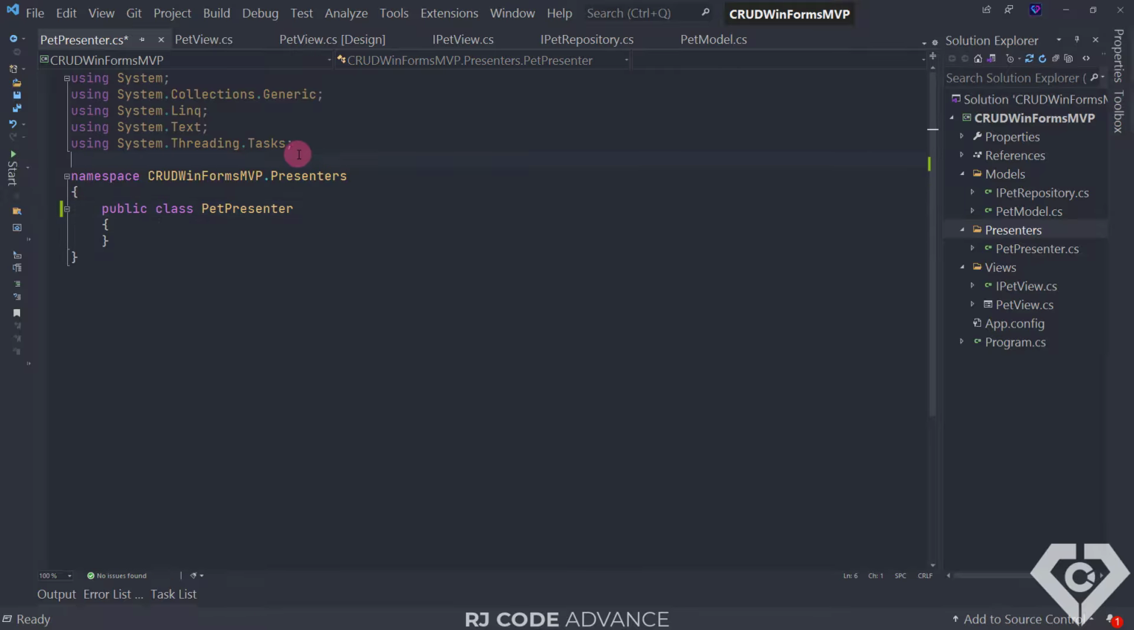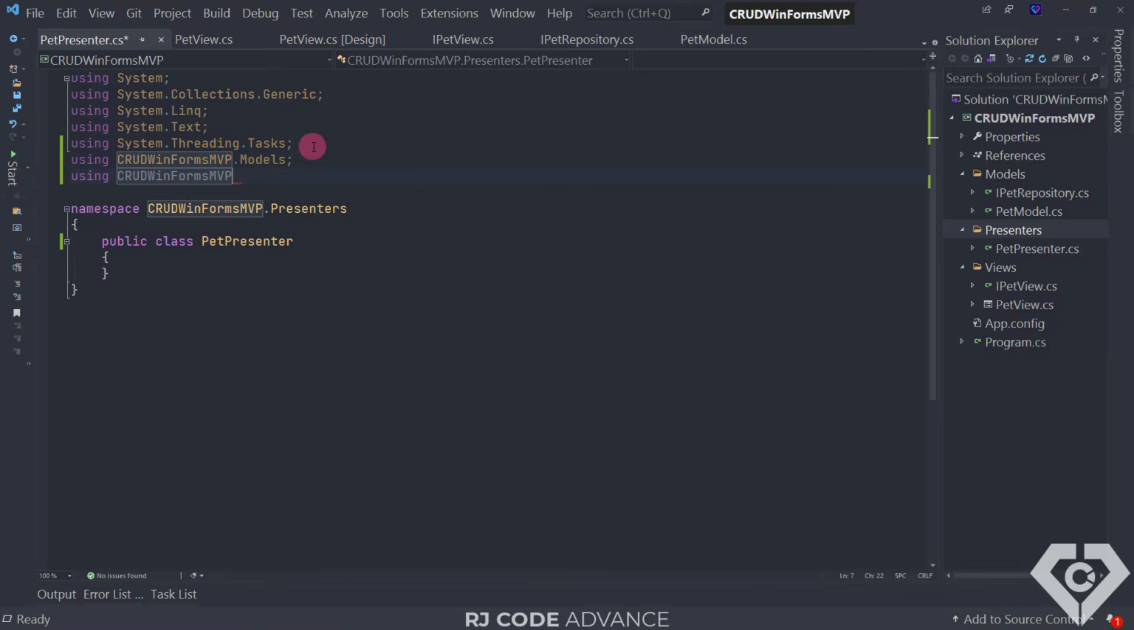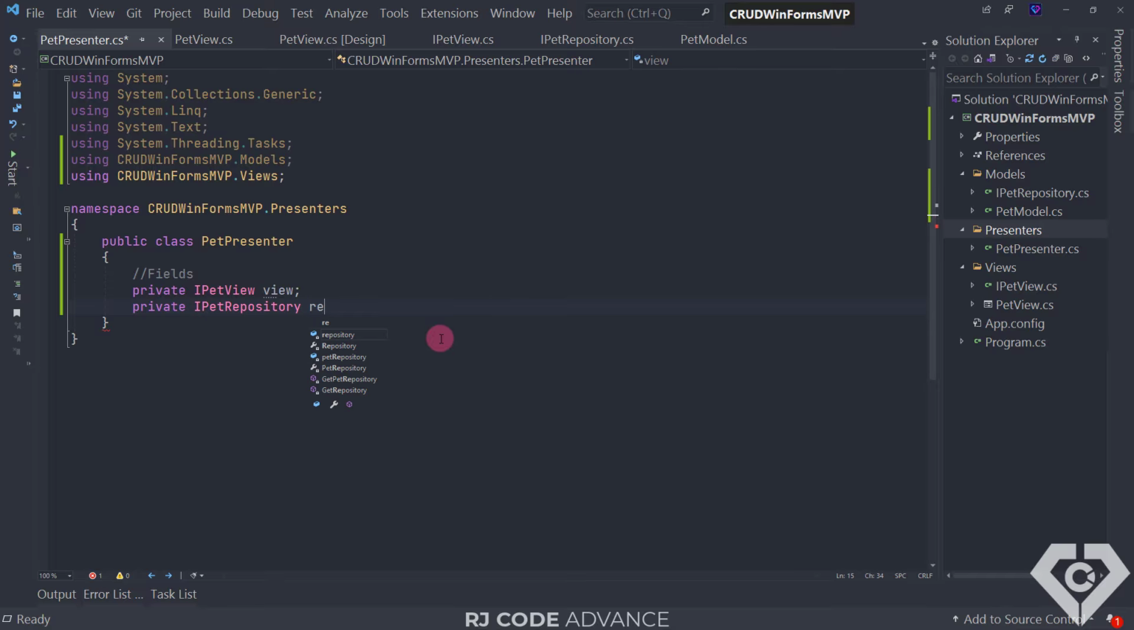First we add the reference to the model in the view. Then we define the following fields. A private field for the view using the view's abstract interface. In the same way for the model, in this case the abstract interface of the repository, since my app is